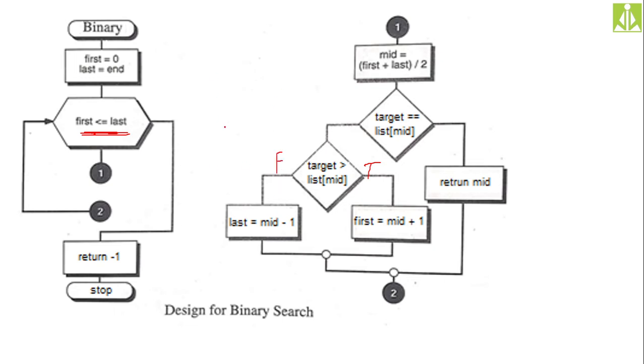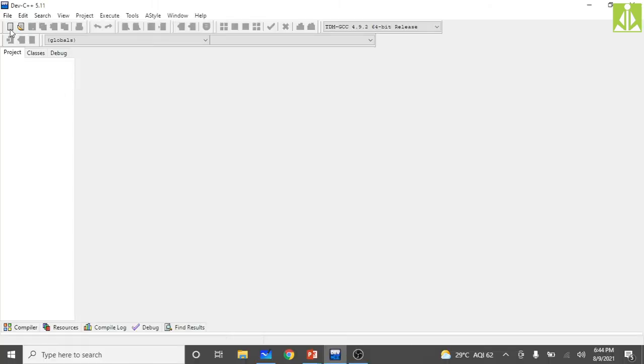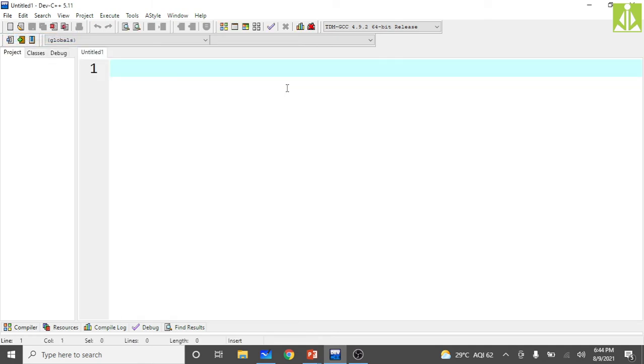Likewise, the same algorithm we implement in a programming example. Okay, in the programming example we will implement this algorithm. Just go to your Dev C++, and here take one simple source file, and we start implementing this program. The program implementation is very easy. Of course you have more number of lines over here and many different concepts involved, but once you are good in basics, it is very easy for you to understand.